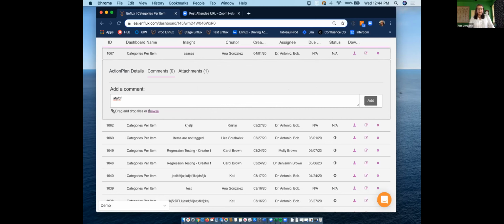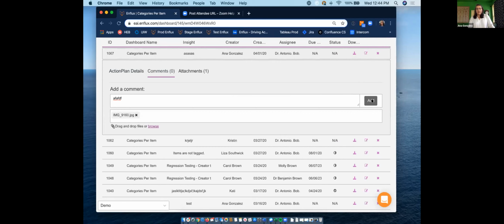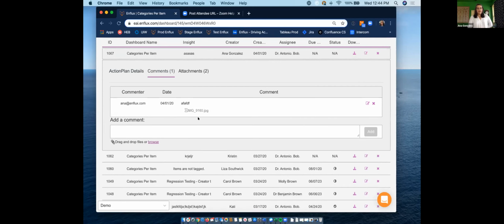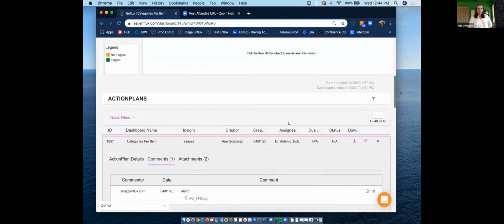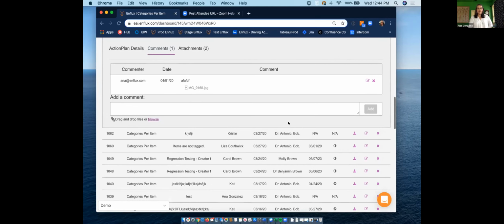So now you can browse, you can attach files, you can attach multiple files. Let me just pick something very quickly, pick it and hit add here. And so it will start to upload your attachment.